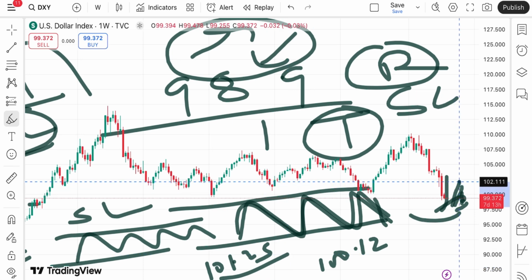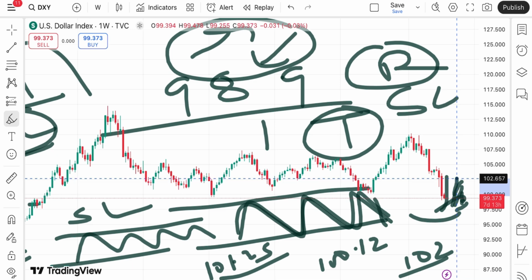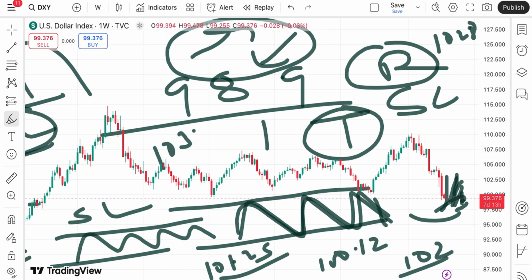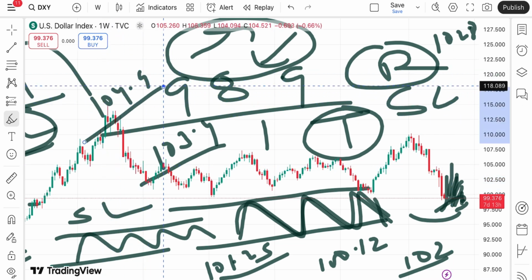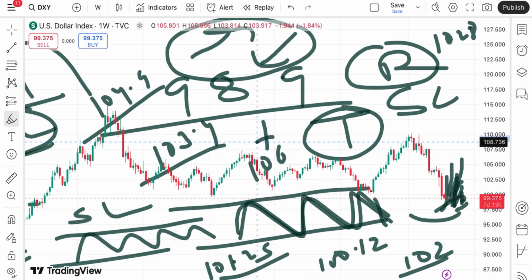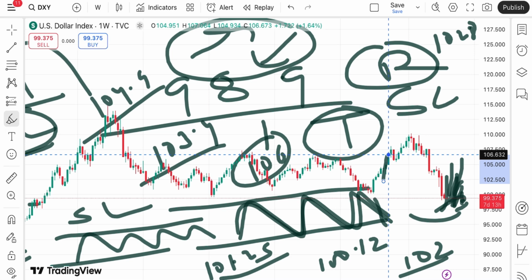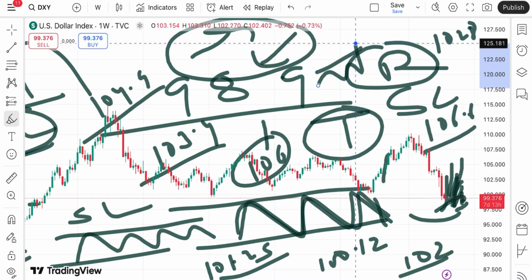Suppose it goes above that particular level, we will see it go towards 102, and once above that level, a chance of touching 102.8. If that sustains, a further upside we can see towards 103.4, and if the price moves above that level, a chance of going towards 104.9 is there. Keeping that in mind, there is a higher chance of going towards 106, and if that sustains, a further upside towards 106.6, and then a further high we can see.